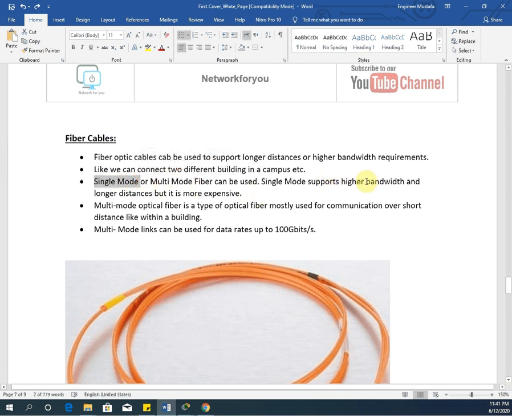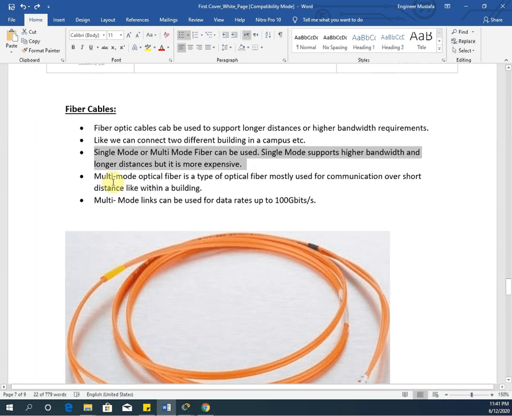Single mode supports high distance and bandwidth, where long distance is needed, but it is more expensive. So remember, single mode means it will support the high bandwidth as well as the long distance, but it is very expensive. And multi-mode optical fiber is a type of optical fiber mostly used for communication over short distances.